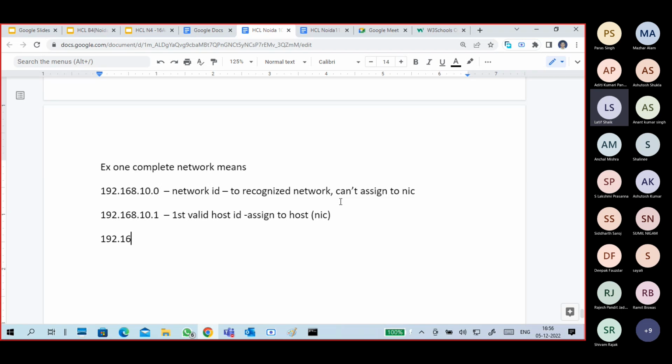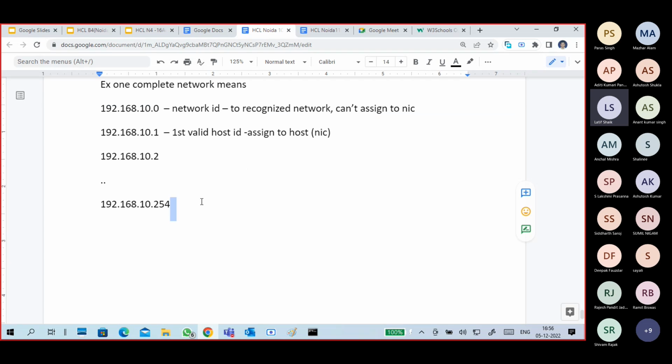And the next one is 192.168.10.2. It keeps going up to 192.168.10.254. This is the last valid host ID. We can assign up to here. Then 192.168.10.255 is called the